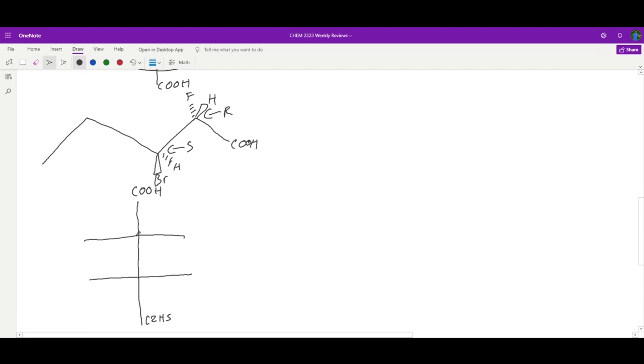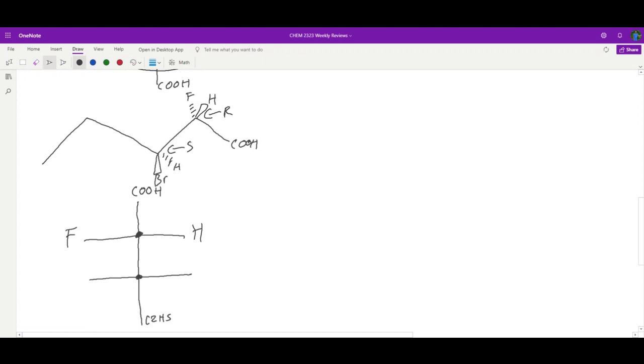Okay. Now that means these are my chiral carbons, and the fluorine is going to be closest to my carboxylic acid. Now I don't know if fluorine goes on the left or the right, but again I'm going to guess and check just like I did with my wedges and dashes. Okay. And for